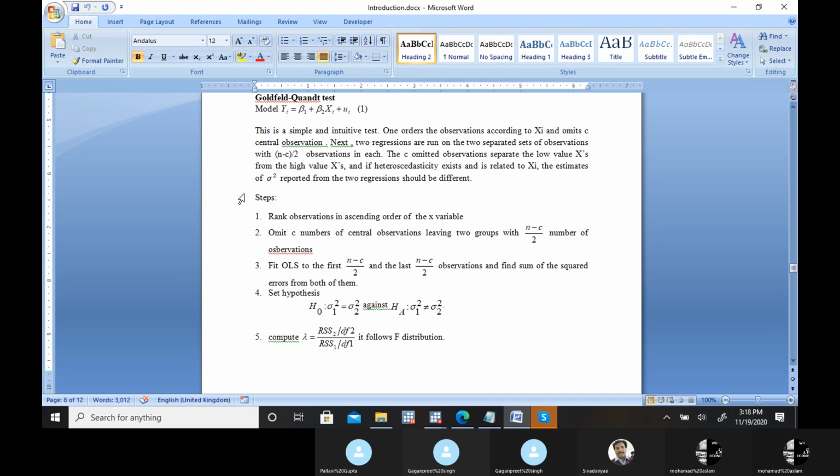You have to do some hit and trial methods to identify which x is creating the problem. Once you can identify that particular independent variable, it's easy for you to apply a remedial measure for the heteroscedasticity problem. That's what we are going to do in the end, in the remedial process.